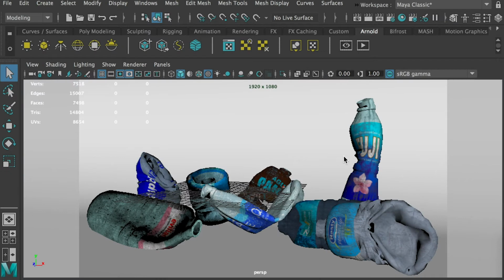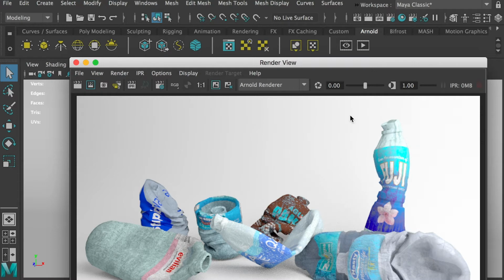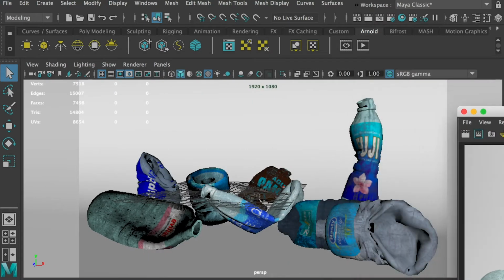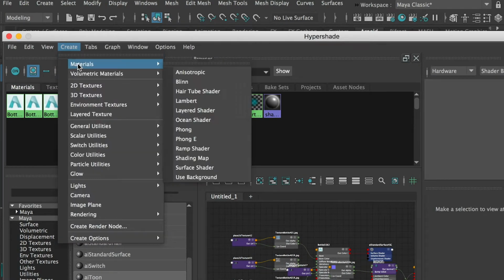Today I'll show you how to render these trash bottles with these wireframes. So I already created a texture for them and I did a draft render, and that's how it looks. But if I want to render its wireframe, then let's go to the Hypershade